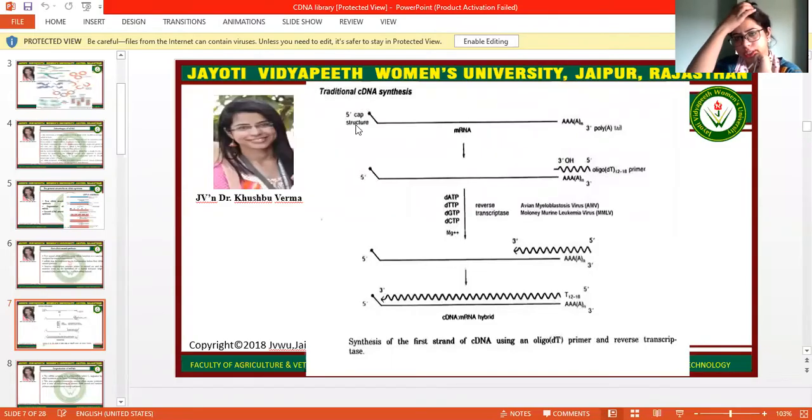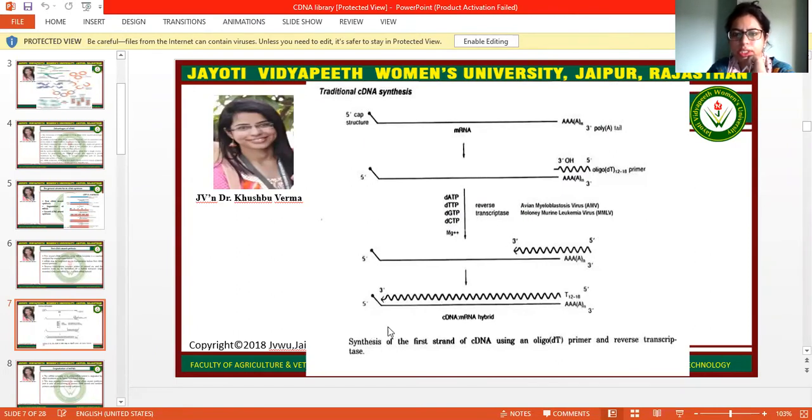This is the traditional cDNA synthesis, where you can simply see the messenger RNA having a 5' cap structure and poly A tail region. First of all, the oligo dT primer will come and it will create the 5' end of the new strand of cDNA. Further, the reverse transcription process will occur by using dNTPs, that is dATP, dTTP, dGTP, dCTP, with Mg2+ ions, and it will start to synthesize the first cDNA strand.